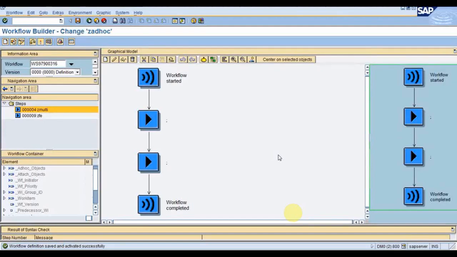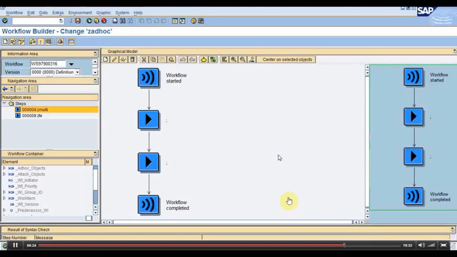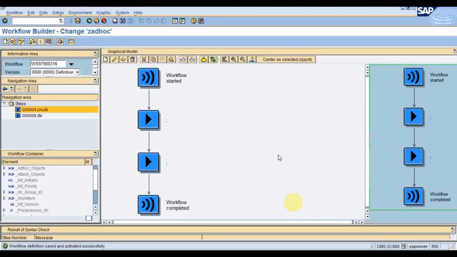Like in fork, what happens? We have some parallel branches, and everything is executed in parallel. So here, if I select the multi-line container element, then parallel work item IDs will be generated, and they will be independent of each other. The functionality is the same, but the behavior is different. There we had parallel branching, and here we have parallel work item IDs. There only one work item ID is created but the branches are many. Here the work items themselves are different: a different work item ID is created for the same task.